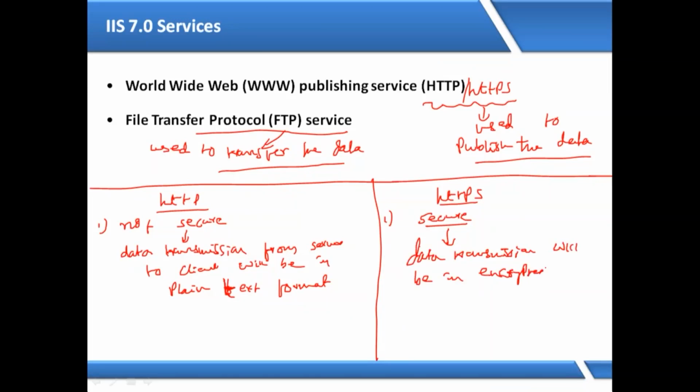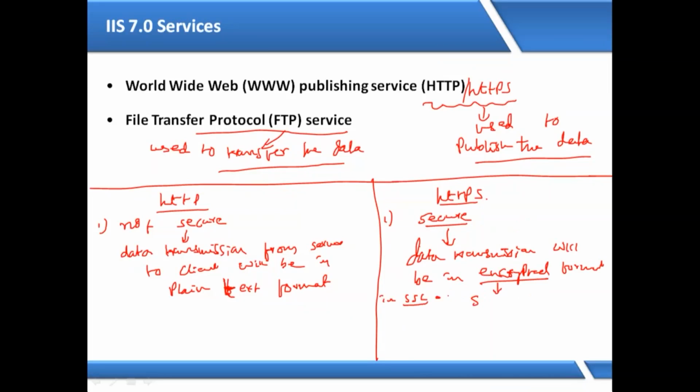Why is it secure? Because the data transmission will be in encrypted format, and the data will be transmitted in encrypted form in the SSL layer,